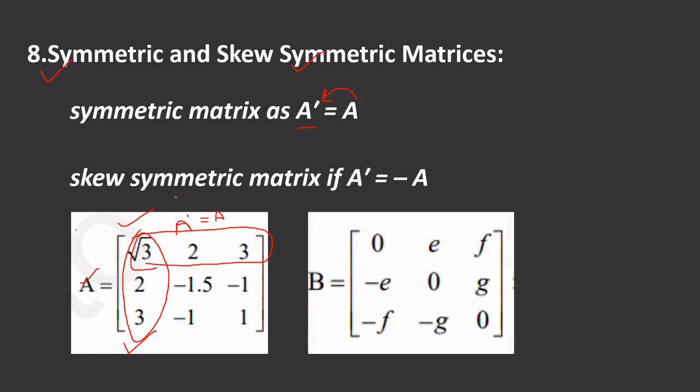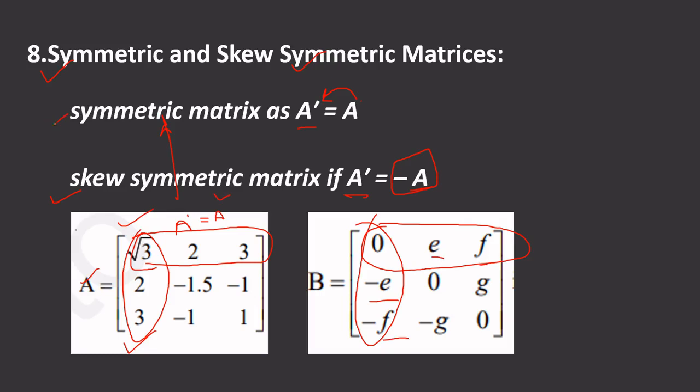And what is a skew symmetric matrix? Now we have learned the skew matrix. What is a skew matrix? If we find the transpose and we get minus of A, like this first row is interchanged with the first column, then we can say there is a difference of negative sign. We have the transpose of A and we get minus A, which we call a skew matrix.